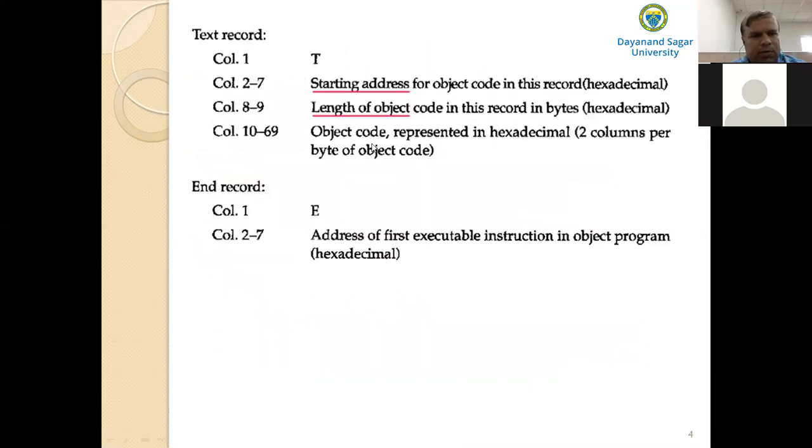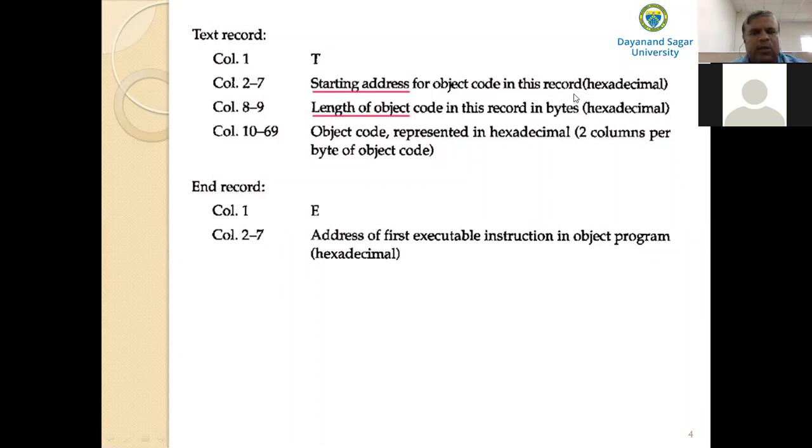Then what is the format of the text record? Text record can be written from column 1 to column 69. Column 1 contains the letter T, which indicates that it is a text record. Column 2 to 7, the starting address of the object code in this record.